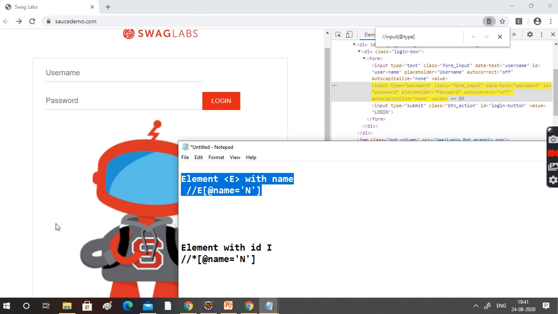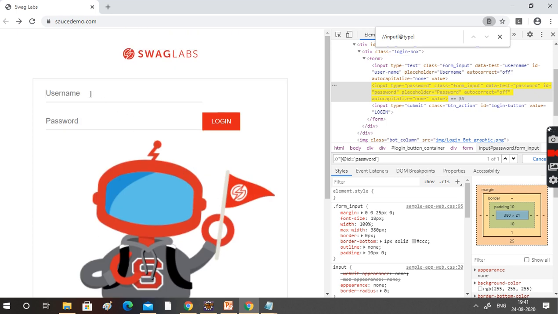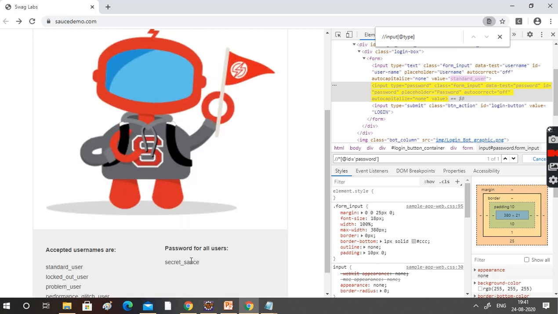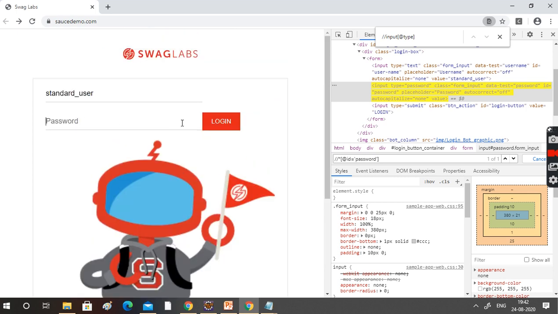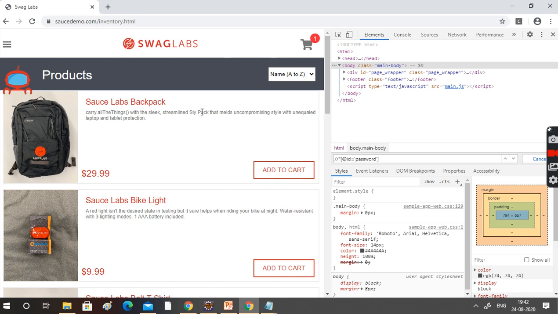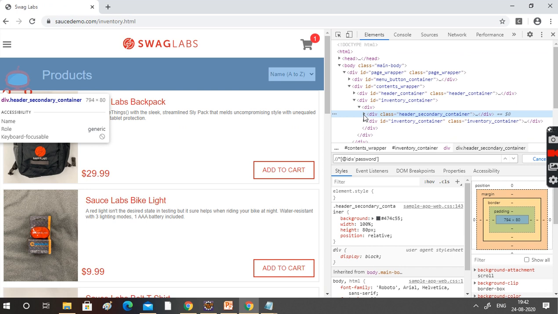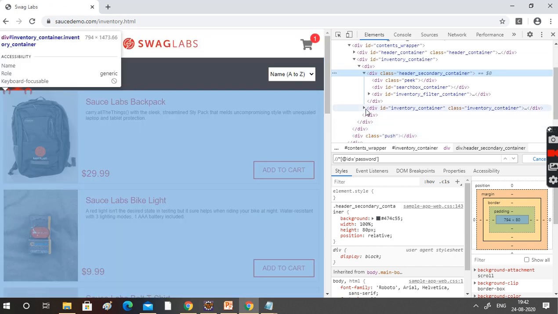Right? Fine. Let's see here. Some other component, okay, we'll try. Do we have any name attribute here?